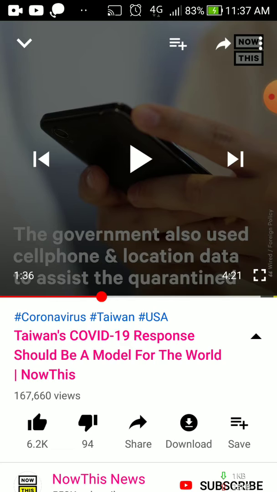The quarantine 这边就是代表说是 the people who are grounded in the hospital. So to help with the people who cannot go out of the hospital because they were infected of the virus. So assist the quarantine means to help with the people who were put in the quarantine room. 就是被隔离的这些人。好，那你可以说 The government also used cell phone and location data to assist the quarantine. So that is a very smart way and convenient way for both the family and the patient. 可以这样子。第二句。